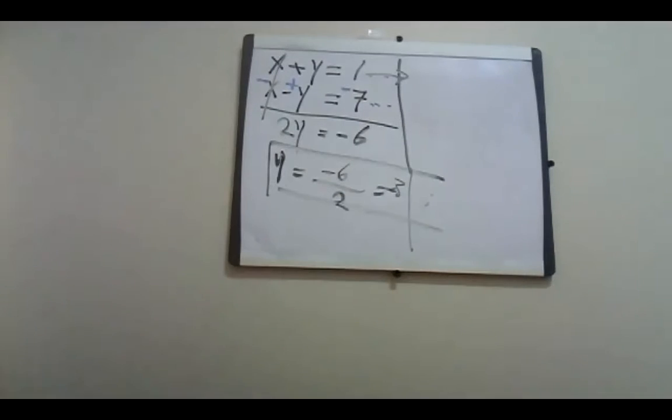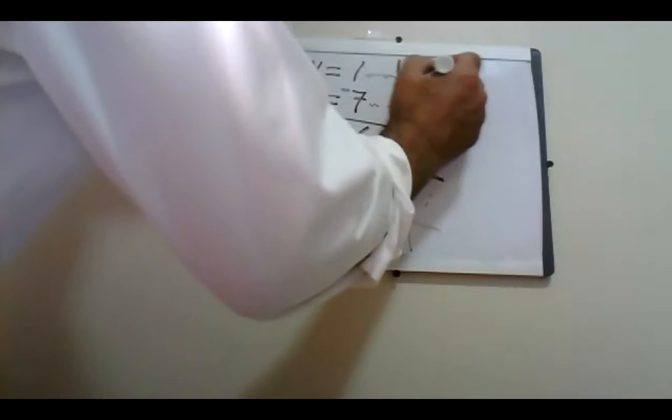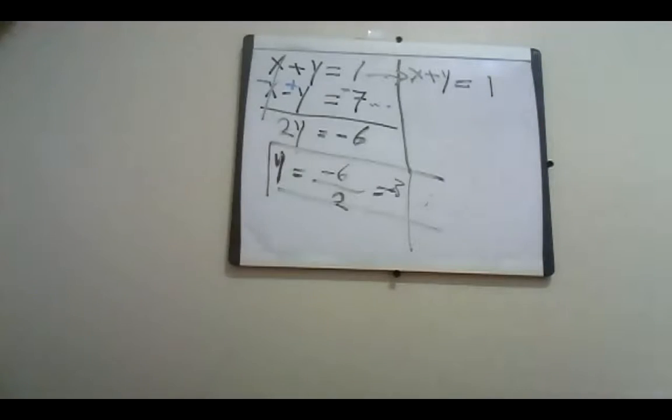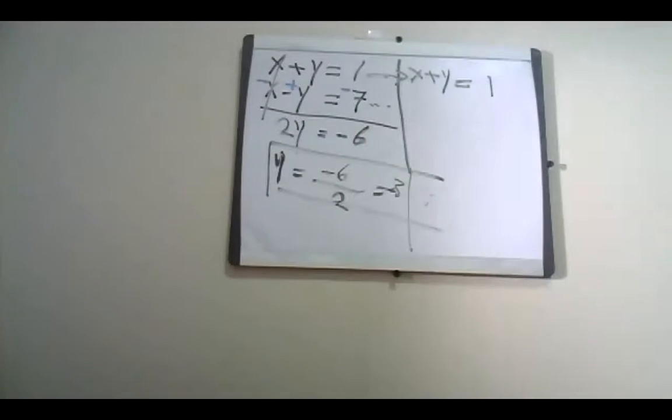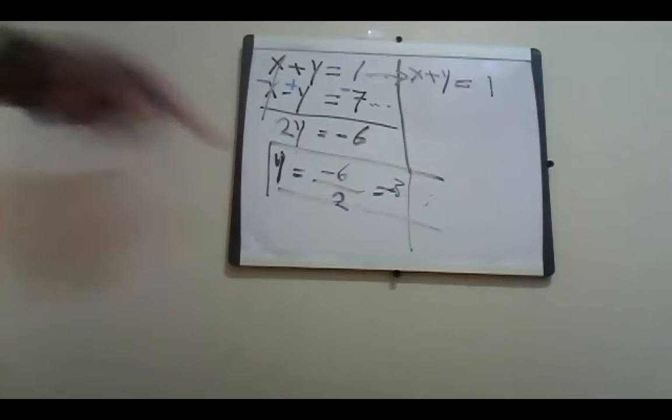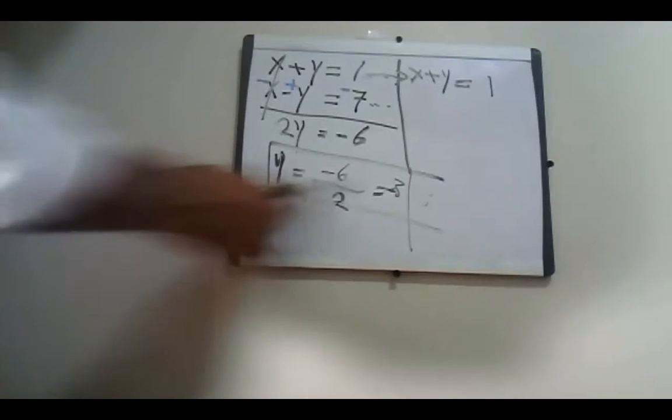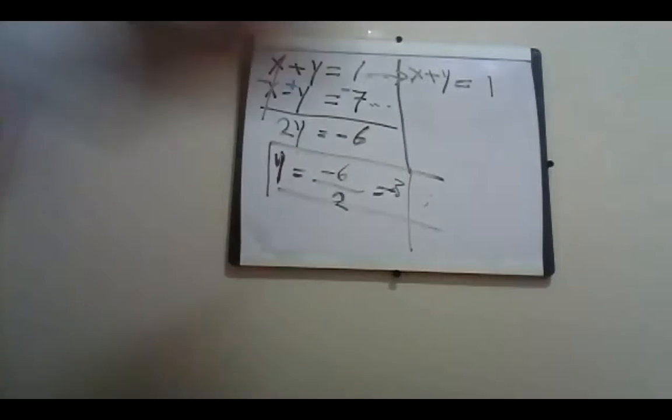Let's take the first one. x plus y equals 1. This is the equation. We didn't do anything. x plus y equals 1. That's fine. Okay. I don't know the x. I know the y. I have the value of the y. That's fine. So x